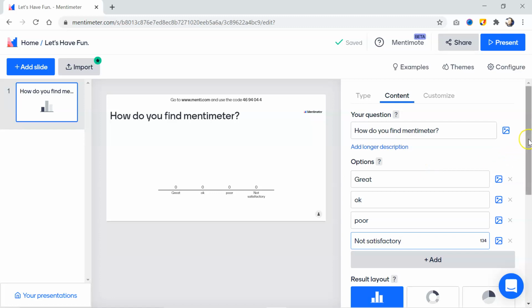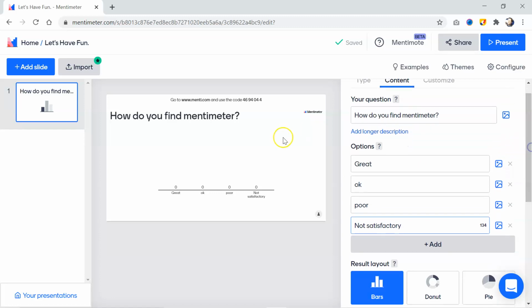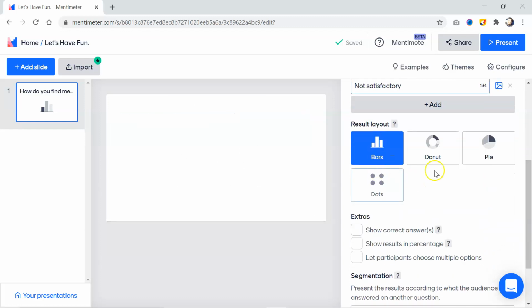Then all the options for these questions you can see on the slide, and they will be shown like columns when your audience answers, and the number of audience will be reflected here with this sign. Now in what layout do you want the results for this question?